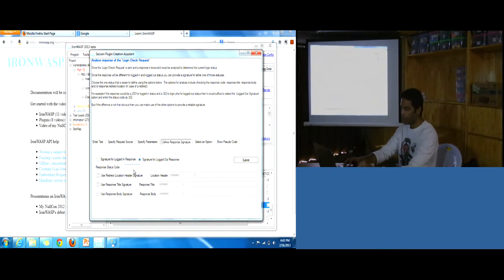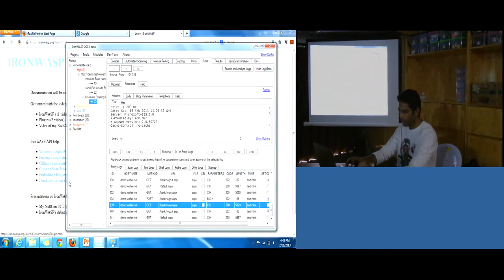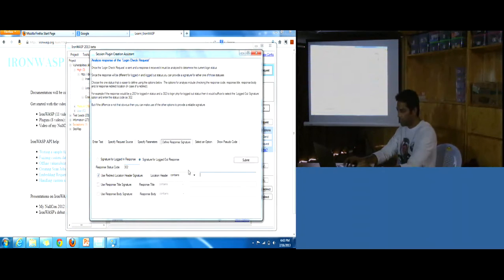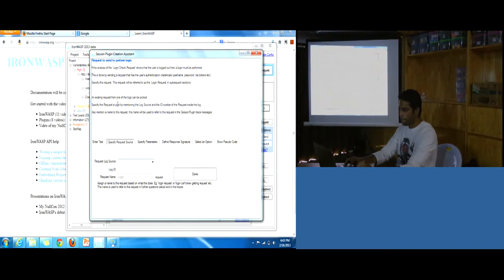The logged out response will be a 302 response, and the location header takes me to login.aspx. So I'll say the location header contains login. Now it says it can detect if you're logged in or logged out.